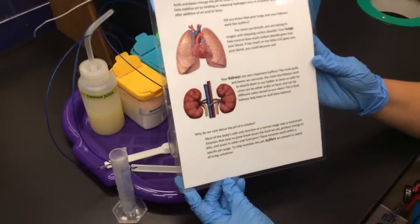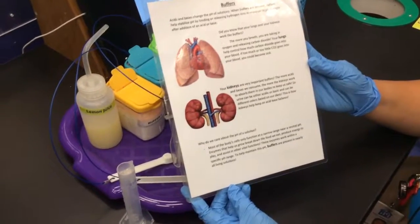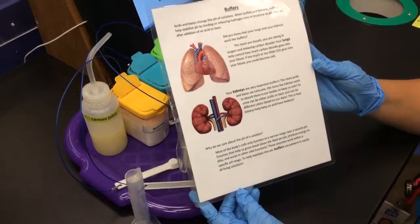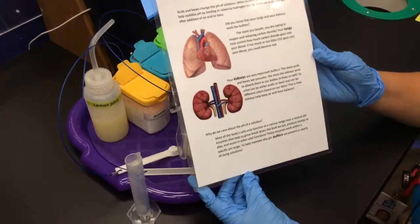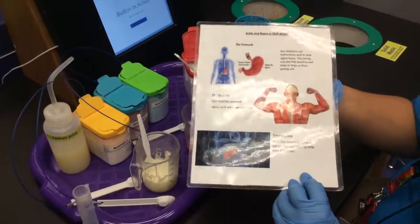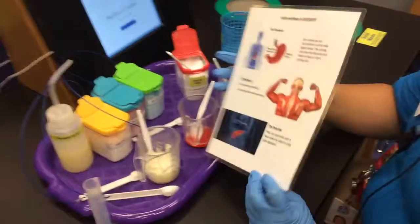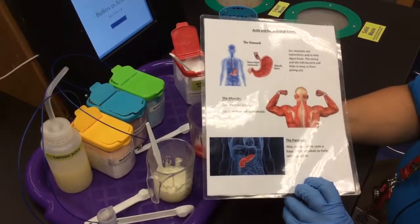And another thing is our kidneys. Our kidneys work as amazing buffers. If you think about all the things that we eat and drink throughout the day, they basically consist of acids and bases. And your kidneys work to filter out all of those substances. Okay? There's more information on the front of the sheet about the types of acids that are in our bodies, and how we help stabilize these acids. So this is why buffers are so important. Our kidneys, our lungs, our muscles, our stomachs, everything in our bodies operates at a certain pH level. If there's